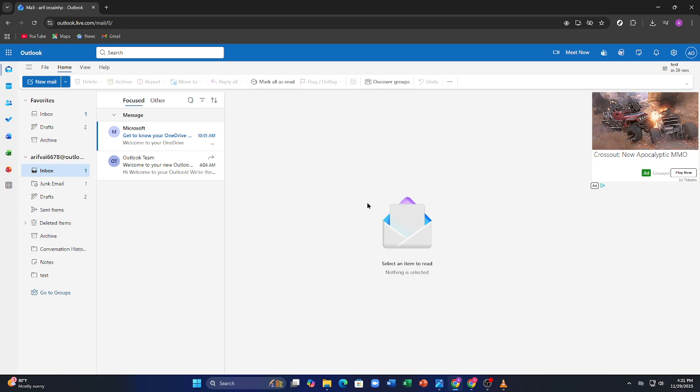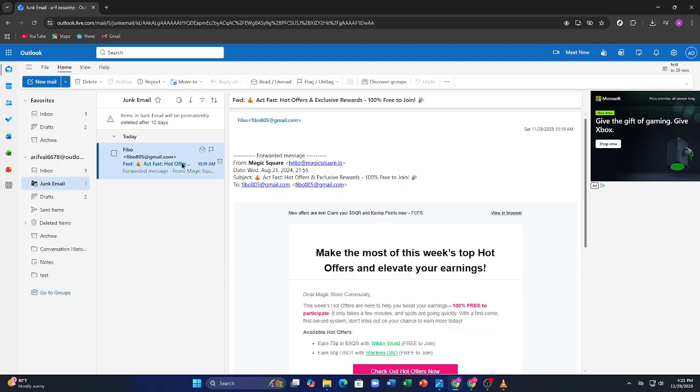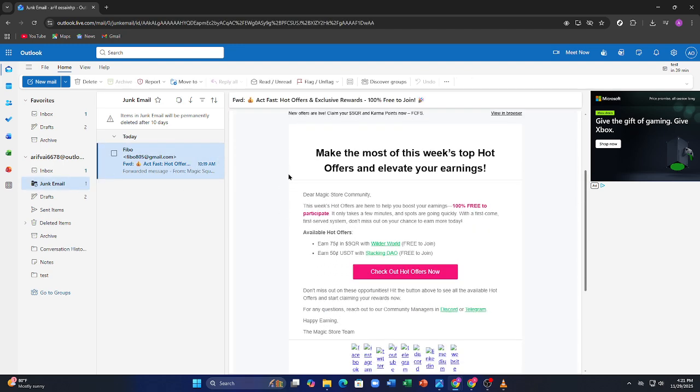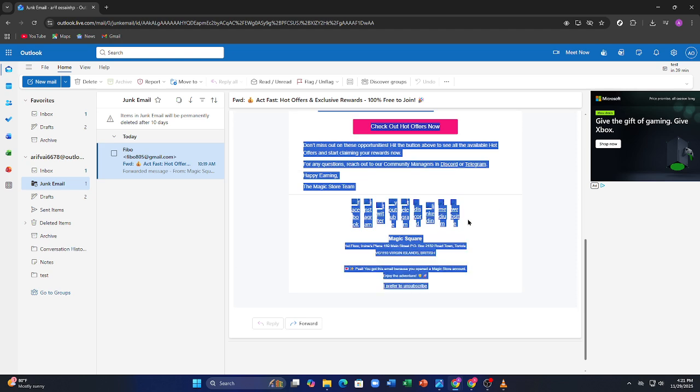and easily. First, open Outlook and go to the email you want to copy from. Click to open the message, then use your mouse to highlight the text you want. Once it's selected, right-click and choose Copy, or simply press Ctrl+C on your keyboard. If you want to copy the entire email content, just press Ctrl+A to select everything, and then Ctrl+C to copy